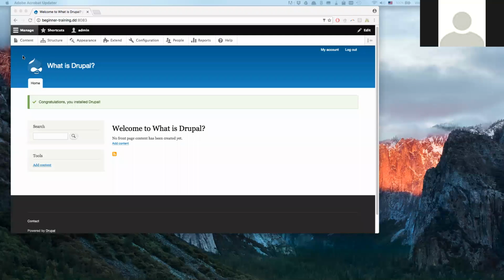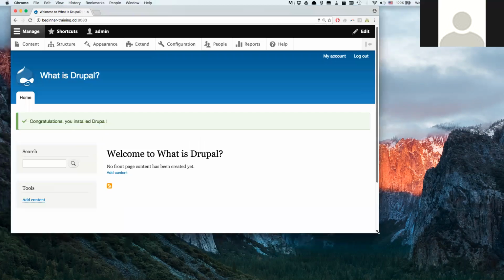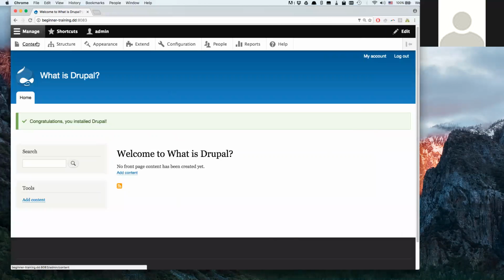So first of all, when you open up Drupal and you're logged into your site, you're going to see this toolbar appear up at the top. So this is called the toolbar, and it's used for accessing all the configuration pages and finding content and all those things. So you only see this toolbar up here when you're logged into the site. I think I'll just make this a little bigger here. Okay, so when we're logged in, we see the toolbar,